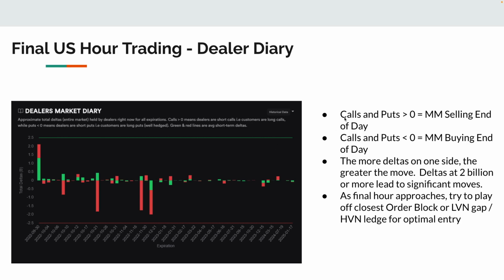And so this is a bit of a cheat sheet that I didn't include on my last video, but we can say when calls and puts deltas are greater than 0, we can expect market maker selling end of day. When calls and puts are less than 0, we can expect market maker buying end of day. The more deltas on one side, the greater the move. So deltas at 2 billion or more lead to significant moves. So when we see it skewed to one side like this and it's at 2 billion, we can expect a